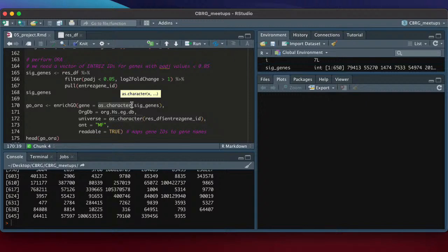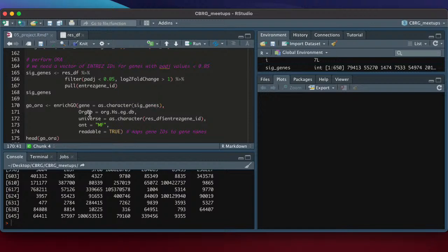So they require these query genes to be characters. So we can use this base R function called as.character to convert sig genes to a character vector on the fly, and not do what I just did.